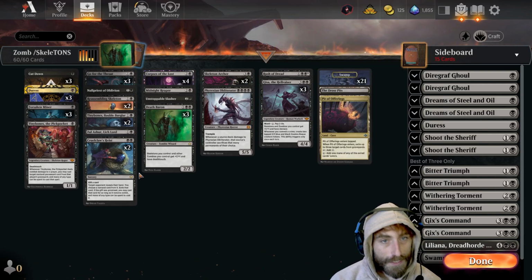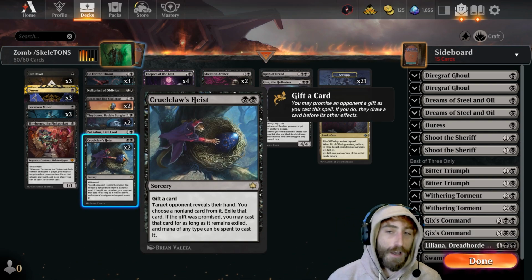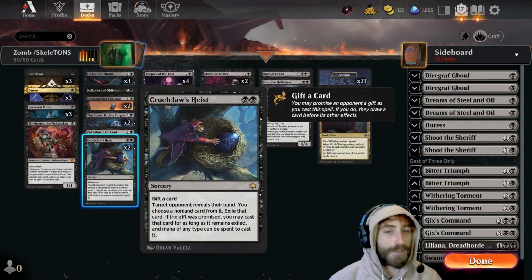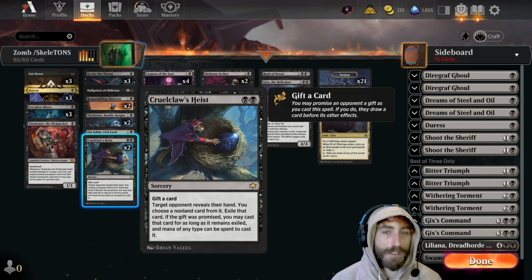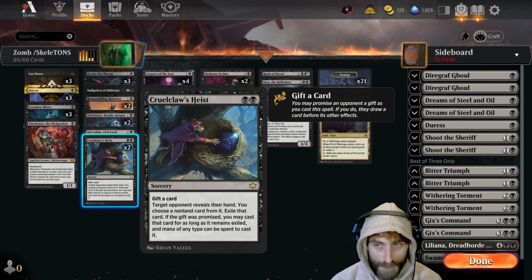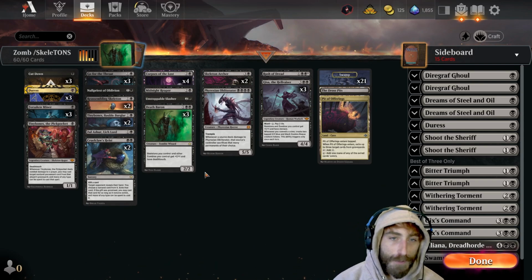And yeah, we sort of lean into some cute stuff like Cruelclaw's Heist. This could be pretty good for, again, maybe getting some other types of threats from our opponent. We do have to give them a card to do that, but it's also another way of taking out their sauce. If we sideboard out like a Duress or whatever, this can be good, or you can sideboard these out if you think Duress will do the job. Put in maybe your Bitter Triumphs, your Withering Torments, which are really good, and I will get into that again